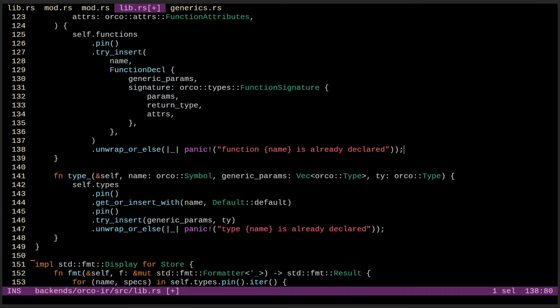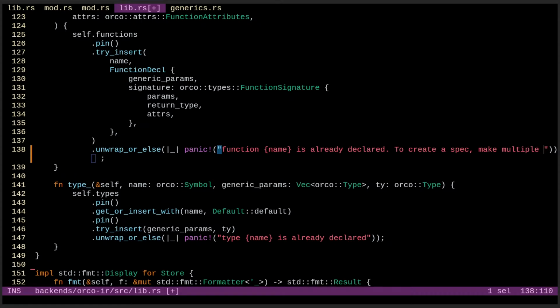To create a spec, make multiple declaration definitions instead.